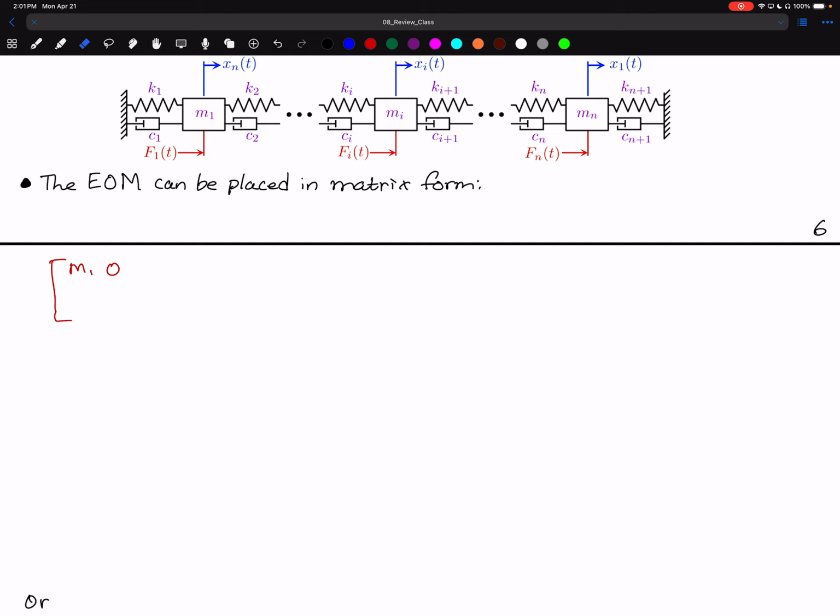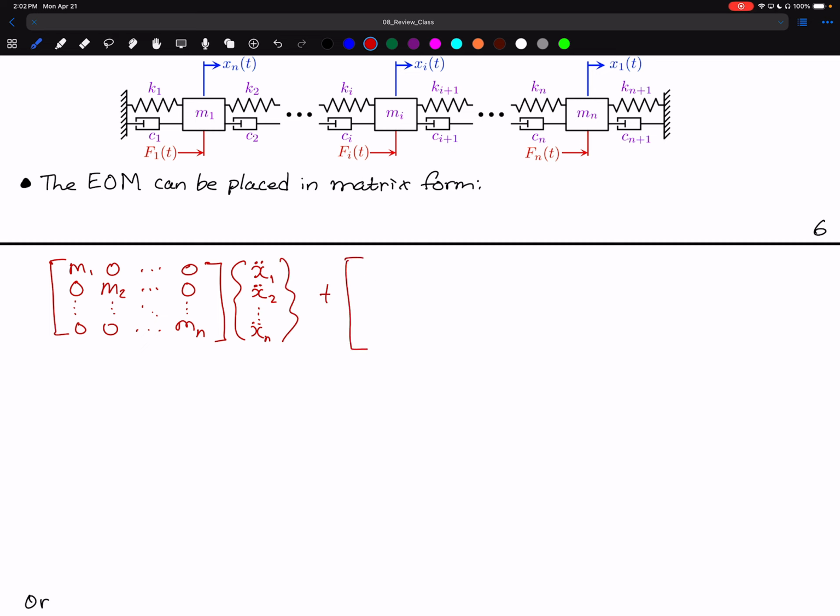We'll do that in a moment. 0, M2, then dot, dot, dot, 0, dot, dot, dot, 0. Zeros down here, to Mn. So this is our n by n mass matrix multiplied by the n by 1 acceleration vector. So x1 double dot, x2 double dot, dot dot dot, xn double dot, plus,